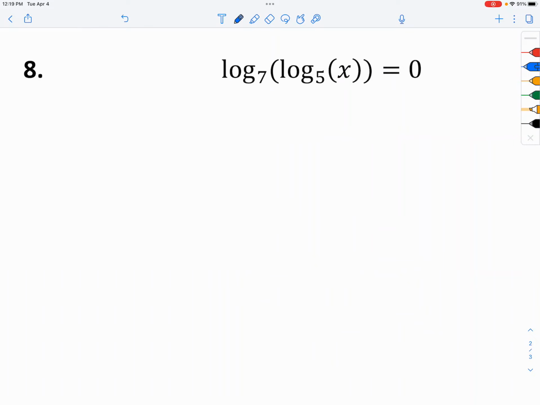So what's the first step? Is to exponentiate both sides with a base of 7. So on the left, you would simply have log base 5 of x. It's equal to 1. Well, you need to get rid of the log base 5, so therefore you will exponentiate again. So x is equal to